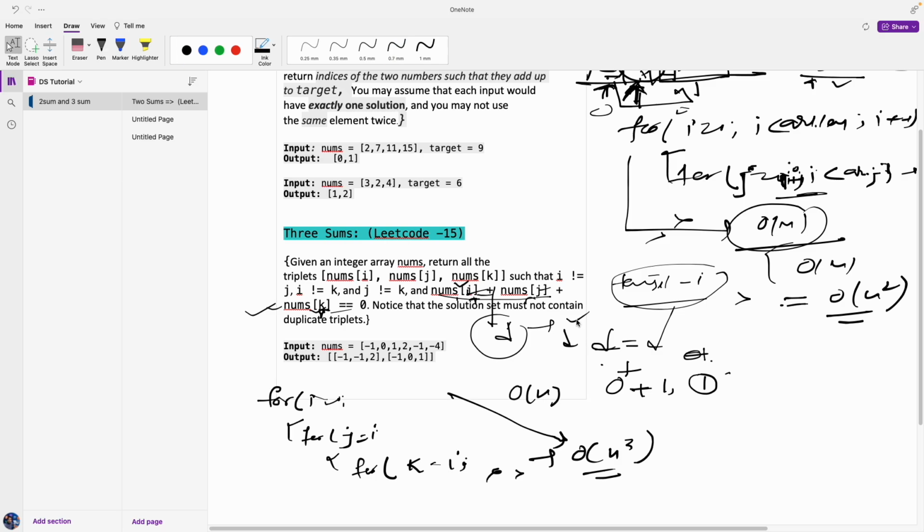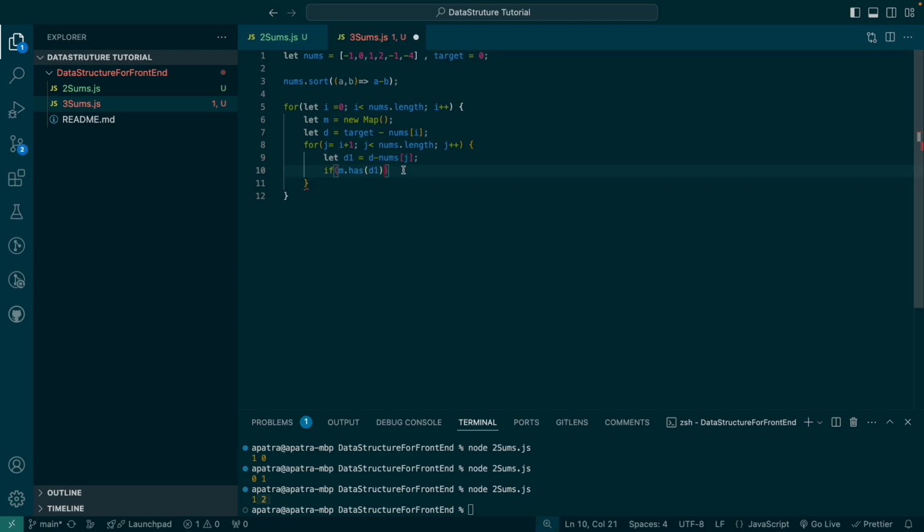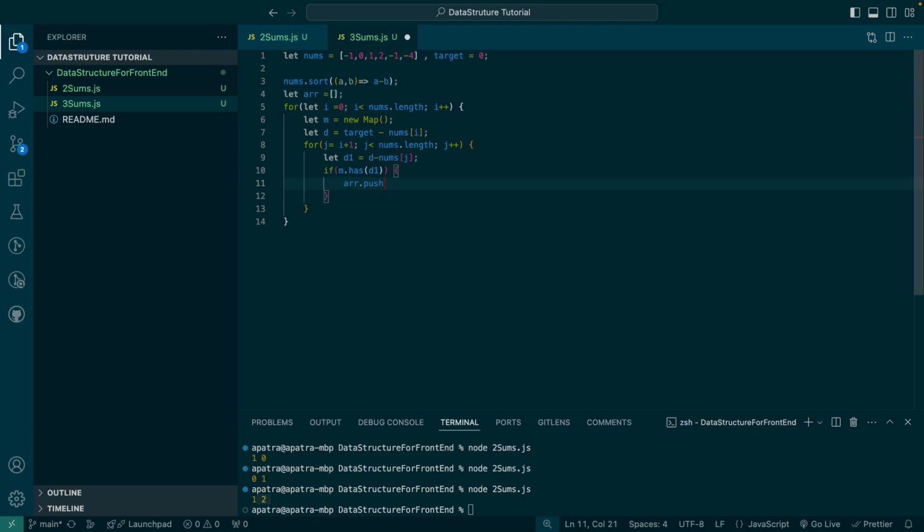So we can write the program, then we can explain more in the program itself. So if it exists, then I'll just create an array so that we can push these things. So here I'm saying what we can push, because here we have to push the number, not the index. So I can push the num j,